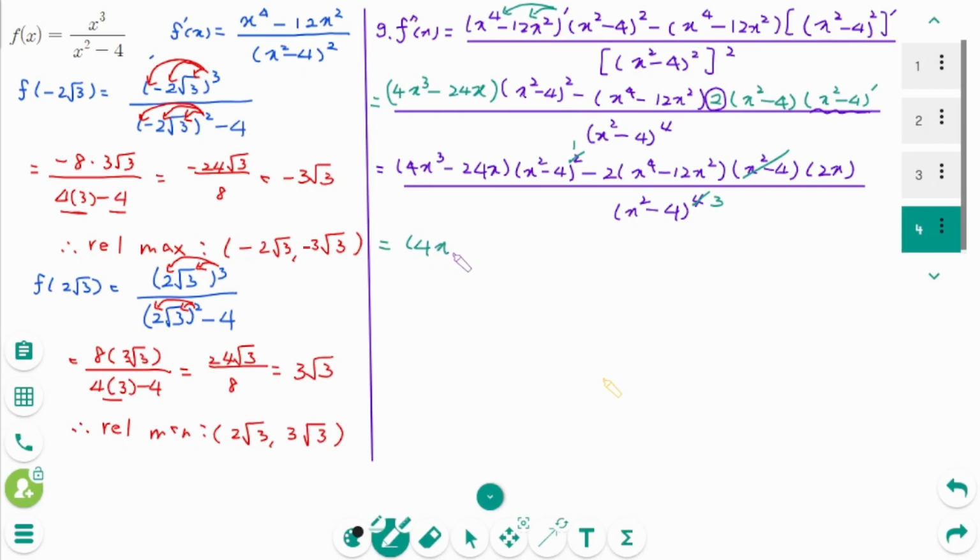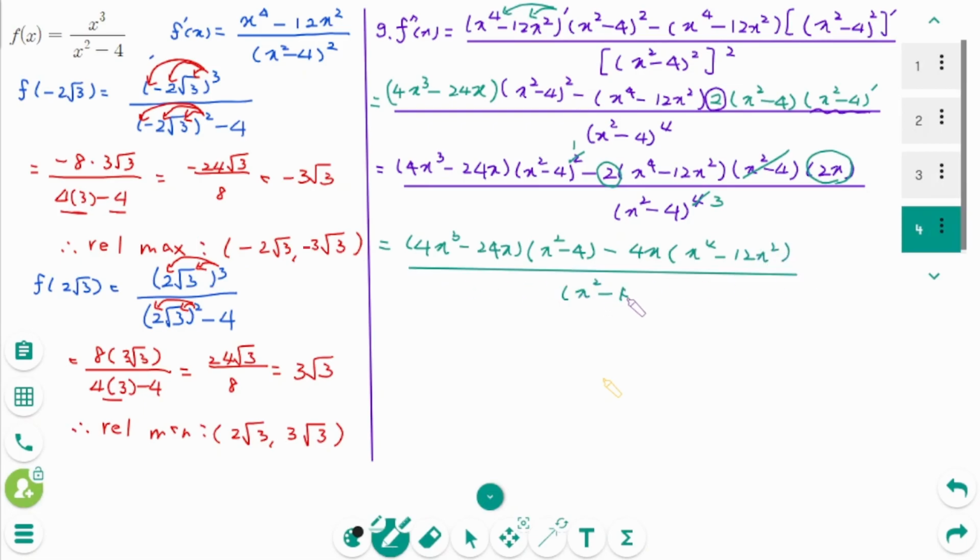Then 4x cubed minus 24x times x squared minus 4, minus 2 times 2x times 4x, gives x to the power of 4 minus 12x squared over (x squared minus 4) to the power of 3. Then expand. First one,